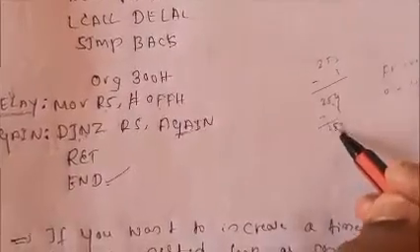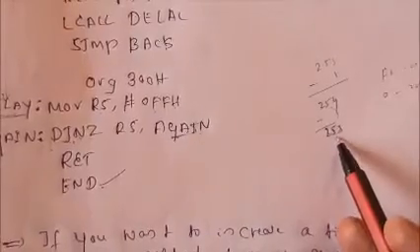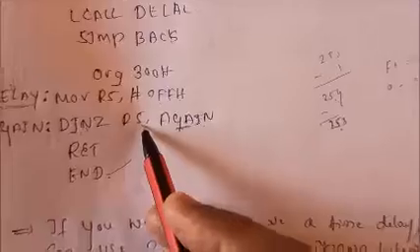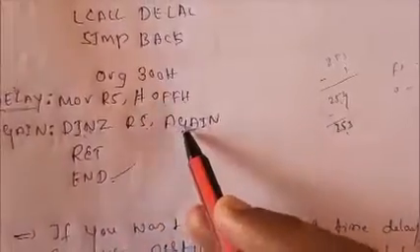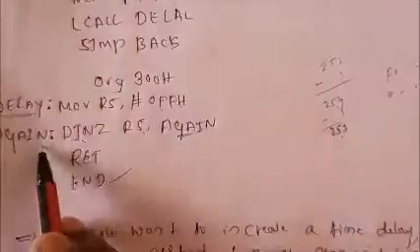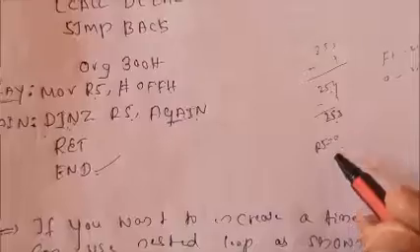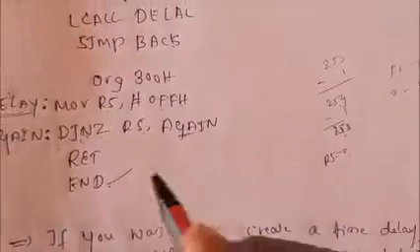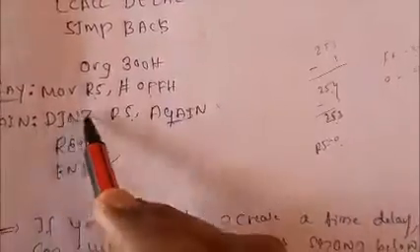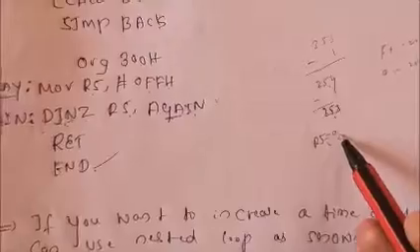Now it is 253. Again it will check whether 253 is equal to 0 or not. No, it is not 0. So again this condition is true. Again it has to jump to the label again. Again means it will repeat, that means it will repeat continuously. When the R5 value becomes equal to 0, what will happen here? At that time this condition fails, because it is not going to make the jump, since it has become 0 here. When it becomes 0, this condition fails.